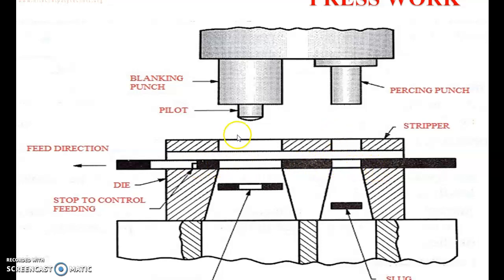Now you can see this is the so-called pilot; whatever the diameter of the piercing punch is, the pilot has the same diameter. As this portion of the metal strip is already cut in the previous operation, when it is shifted to this position, it is not going to be cut again. Therefore, when the blanking punch enters the outer periphery, here the punching operation has already been performed in the previous station. Now the blanking operation is performed.